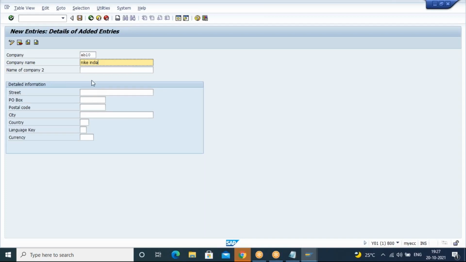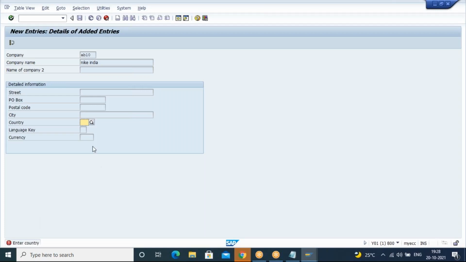Okay, but if you click on the save button, and there are any mandatory fields which got hidden, at that point of time the system is throwing an error to me. Now see what happens. Click on the enter button. Now see, it is asking to enter the country. Why? Because country is a mandatory field here, and whenever you see a message with the red color, it means it is an error, and whenever we see a message with the yellow color, it means it is a warning.